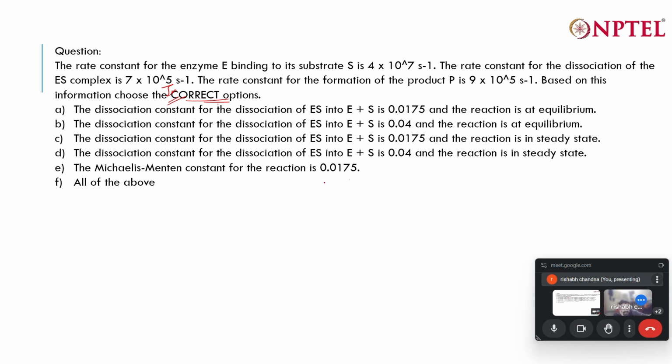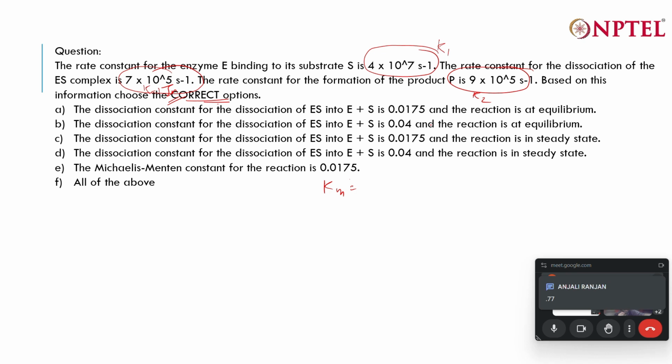Okay, so first we'll calculate the Km from the given data. The rate constant for the enzyme E binding to the substrate S is this, so this is our K1. The rate constant for the dissociation of the ES complex is 7 into 10 to the power 5, this is our K minus 1. And the rate constant for the formation of the product is K2. So as per the formula, Km is (K minus 1 plus K2) by K1. So if we calculate like this,